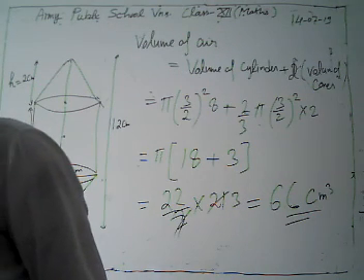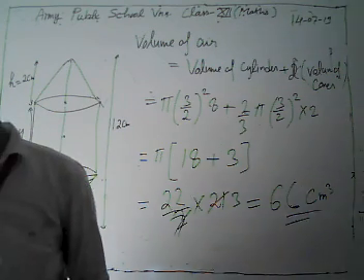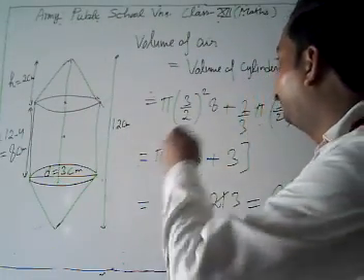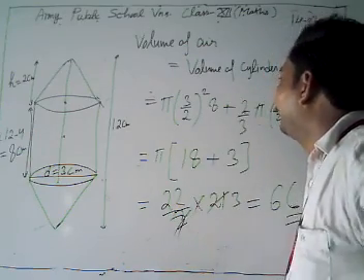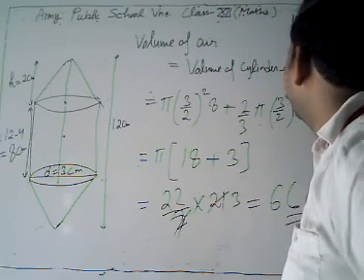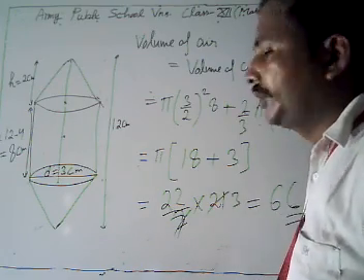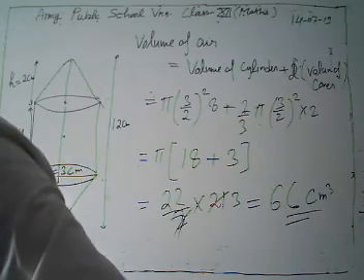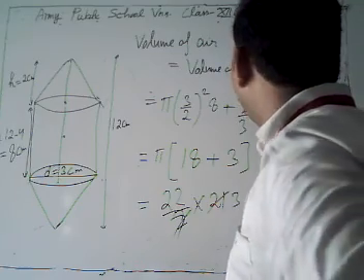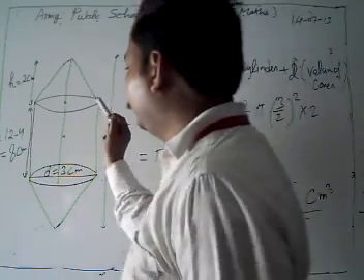Then what do we get? Approximately 66 centimeter cube, if there is no mistake. The height of the cylinder is 8, and the volume of cone is 1 by 3 pi r square h. Height of cone is 2 there. I have not made any mistake there. The diameter of the model is 3, so r is 3 by 2. Then put in the value of pi. I'm just going to revise it.